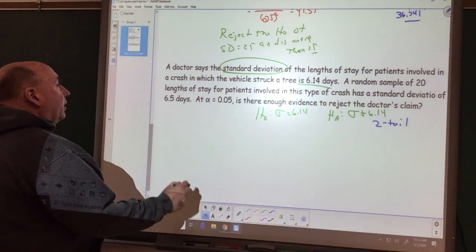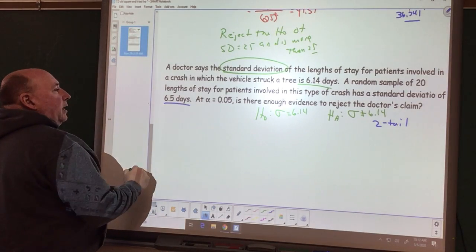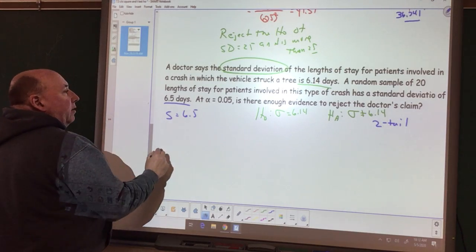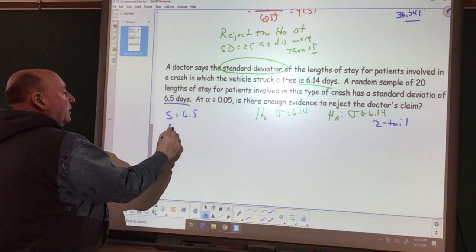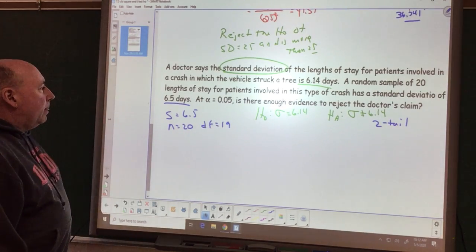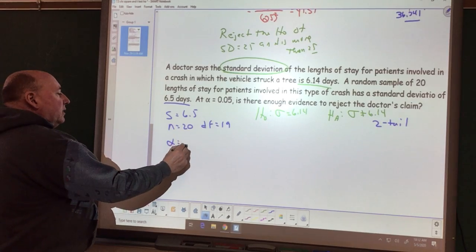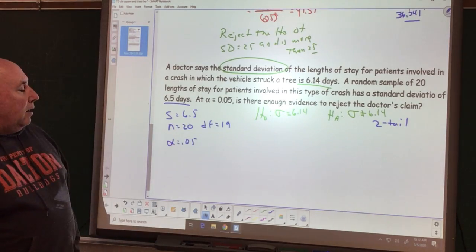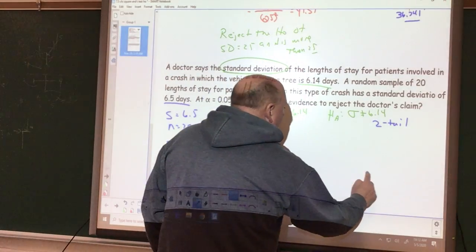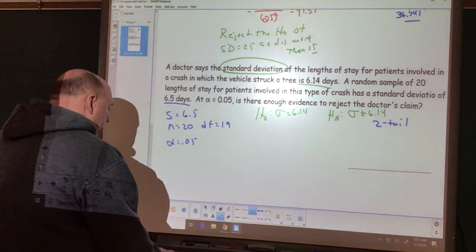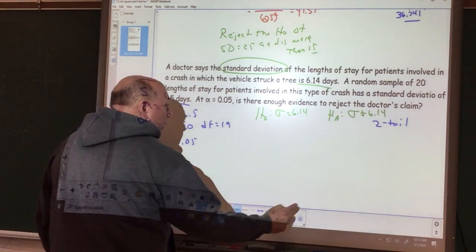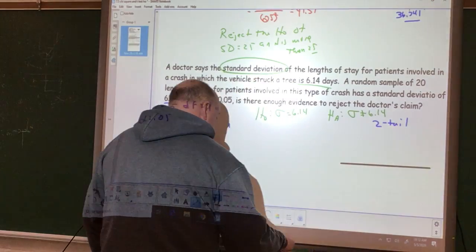So if we take a look here, his study came down to a standard deviation of 6.5. We had a sample size of 20, so degree of freedom is 19. We have an alpha value of 0.05. So if we go to our curve, whoopsie, try that again. If we go to our curve,